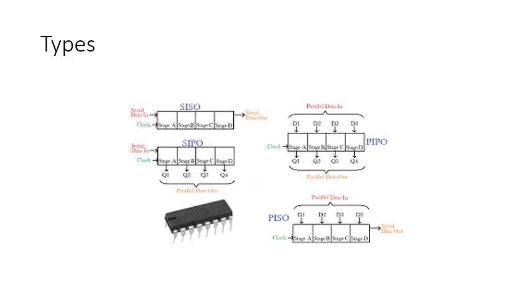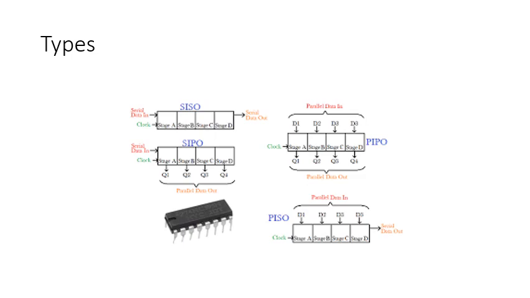So now let us understand what are the various types of shift register. In the laboratory, when you practically work with shift registers, they are available in the form of ICs, as you can see here. So there are several types. We can see SISO. Now it might be clear to you, SISO is serial in, serial out shift register. SIPO is serial in, parallel out shift register. PIPO is parallel in, parallel out shift register, and so on.